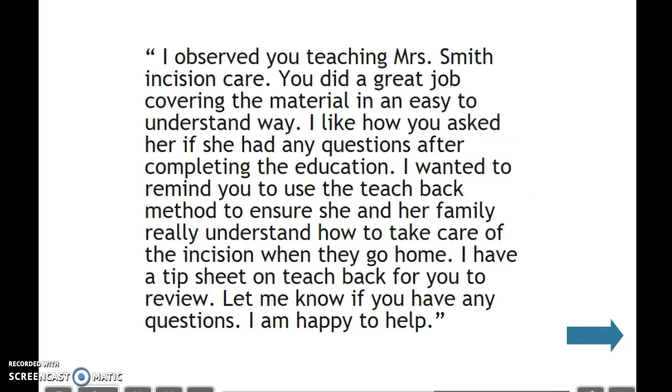Here is a simple example of a staff nurse employing peer review with a coworker. The feedback was focused on the observed behavior, patient education, not on the individual. Peer review occurred in a timely manner with the intent of ensuring quality standards by inspiring continuous learning. The feedback was delivered in a positive tone, describing what was done correctly with a realistic and developmentally appropriate recommendation